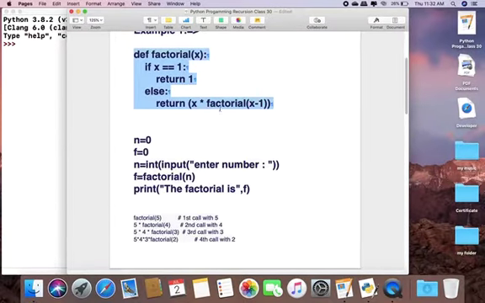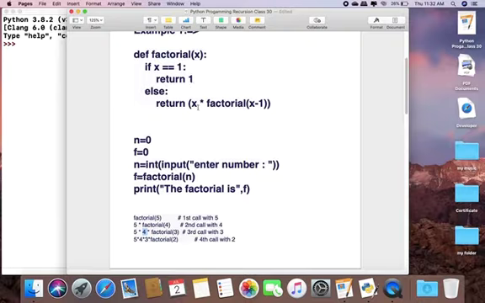Now when we call this function, factorial 4, the value of x is 4. Again it will check if x equal to 1. No, so else it returns x, that is 4, times factorial x minus 1, which means factorial 3. Again the value of x is 3, and x is not equal to 1.